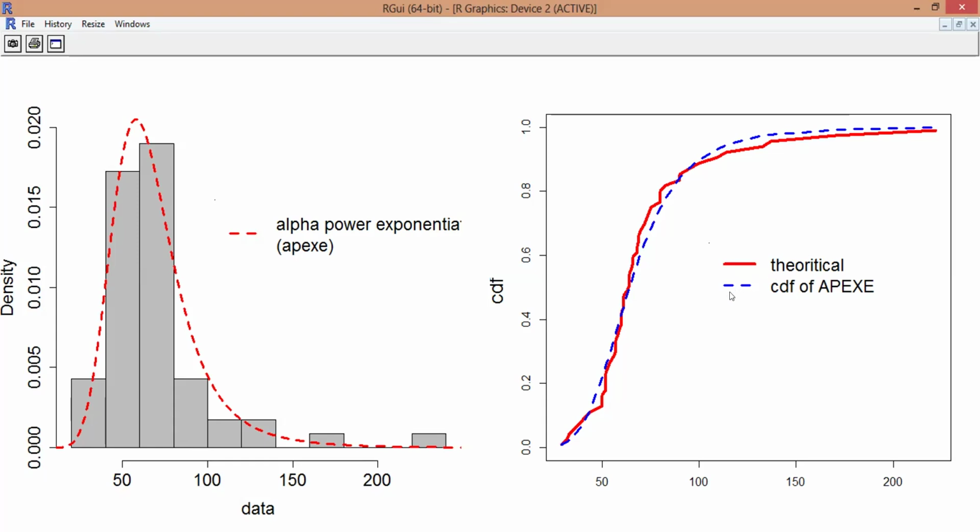And then from the cumulative plot, you can find the red one is the cumulative theoretical that we can find by the formula (i − 0.5) divided by n, and the blue one is the cumulative model that you can find in equation 1. So there is no significant difference between the blue one and the red one. So from the two figures, we can conclude that our parameter is very, very good.